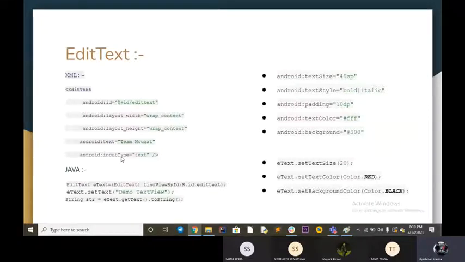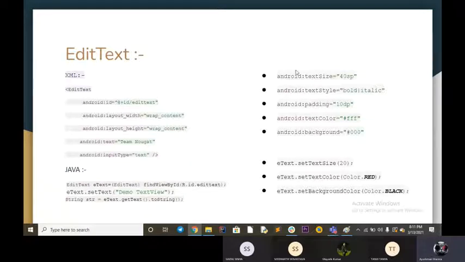Like if you have to input the phone number, the keyboard automatically changes to the whole number pattern, like 1 2 3 4 5 6 7 8 9 0. So this input type helps to differentiate between those patterns. And these are the same attributes for this too.